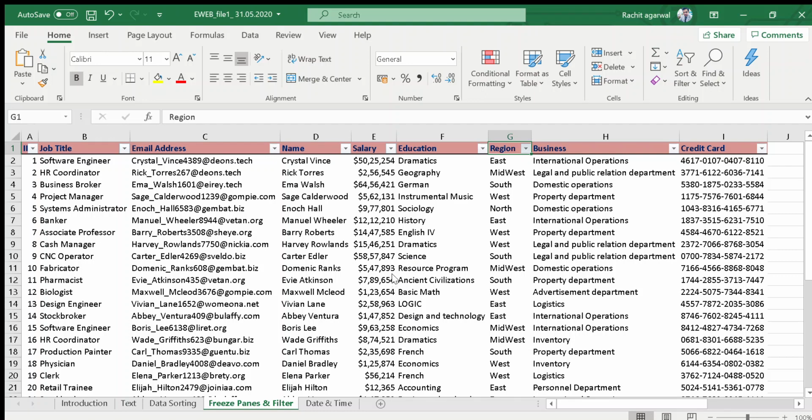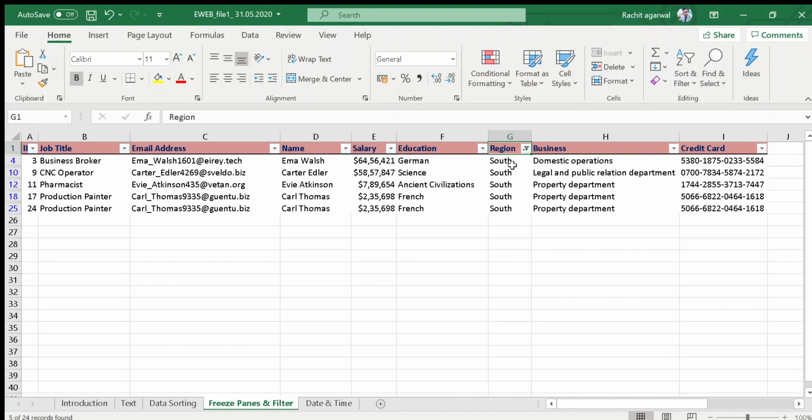Now I deselect all first of all, and I want to see how many employees are working in the South region, let's say. So here I have selected South, click on OK, and now I get the South region employees. Here, 4 employees are working in the South region, because I have filtered the data as per the region.